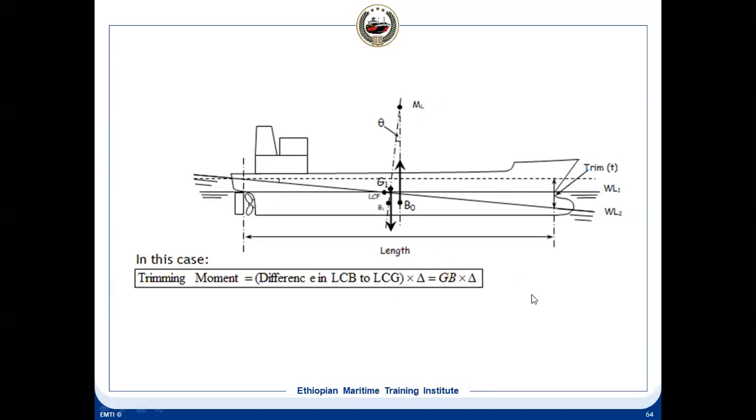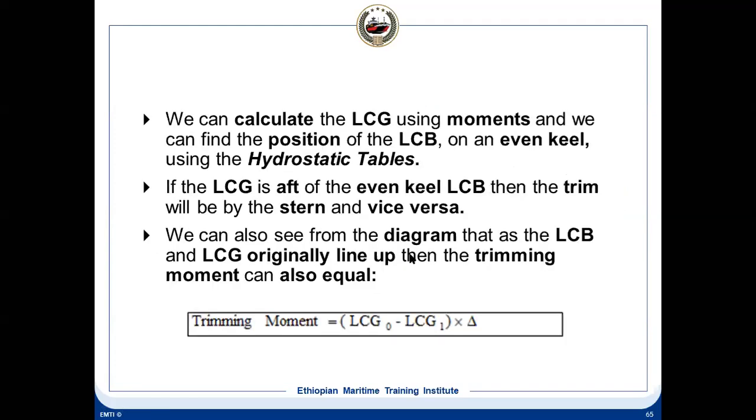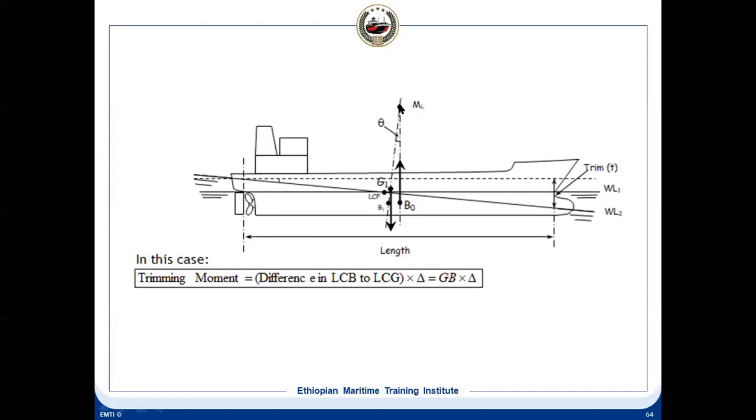So if we use G1, why do we not use B1? Because we are using B naught. B1 will not give you the moment. We are calculating the trimming moment. The moment B0 comes to B1, after that there is no trim. Have you understood? G1 has shifted here. Now it is in equilibrium. Because of that, trim is happening.